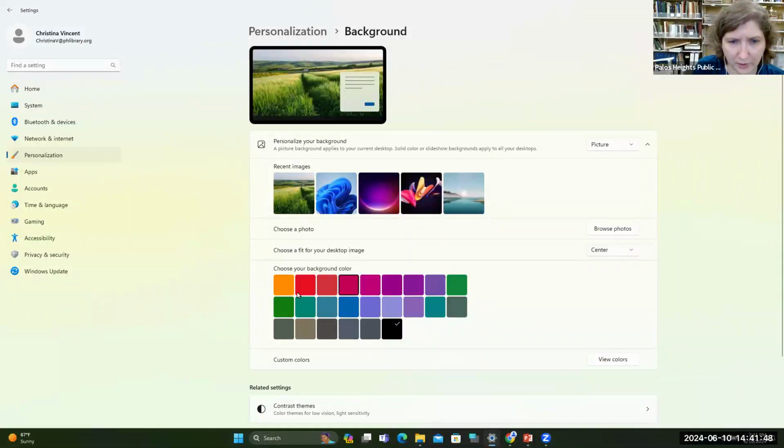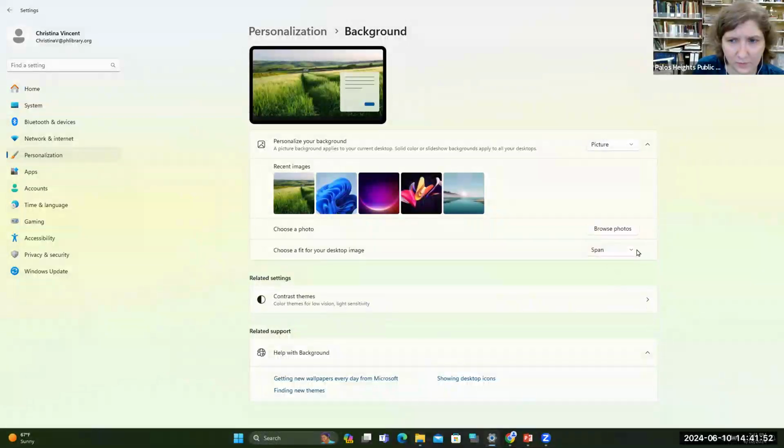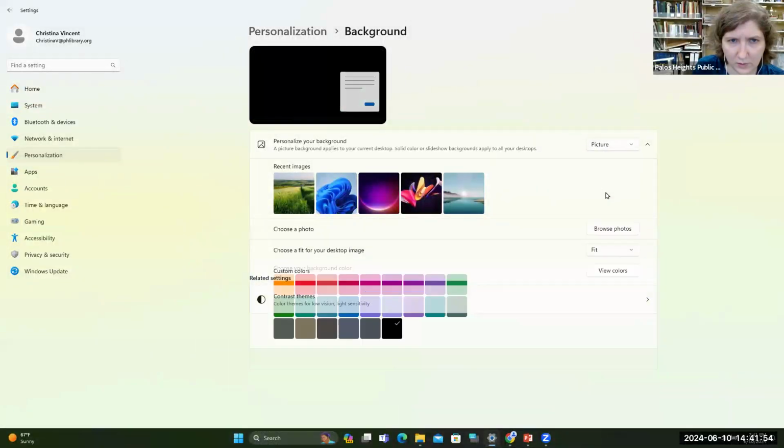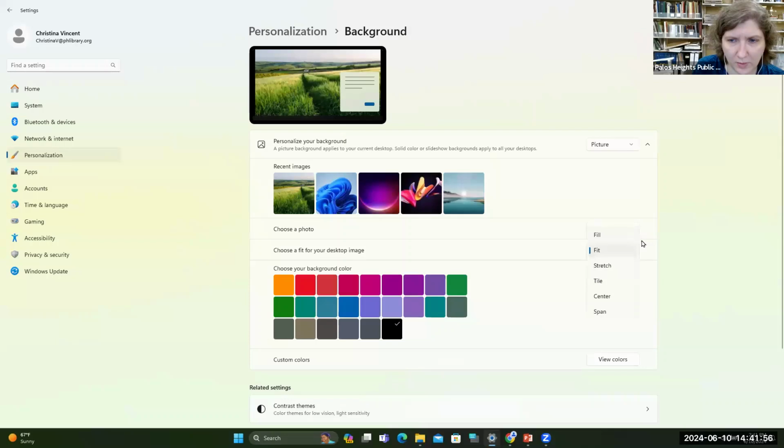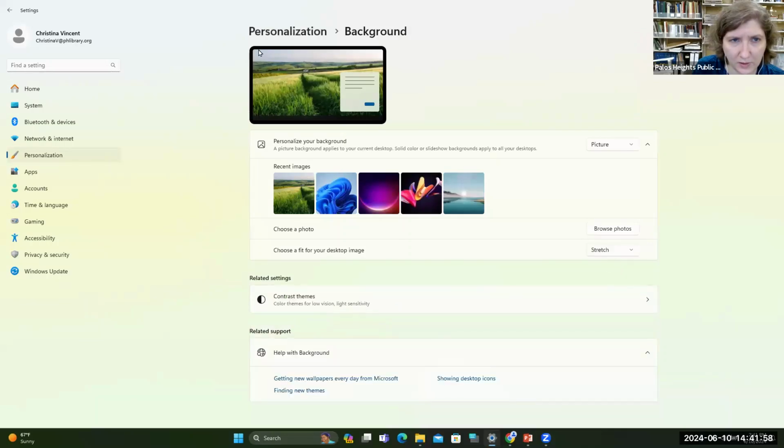And you can even choose a background color then. Or span it. So right now, since I have a picture that's pretty big, it's kind of hard to see, but you can kind of see it stretched a little bit there. I can just have it fill. But I'll show you a little preview here of what it would look like.